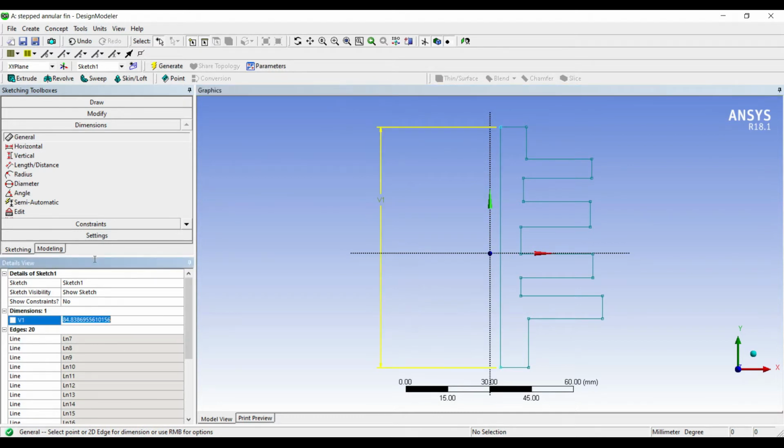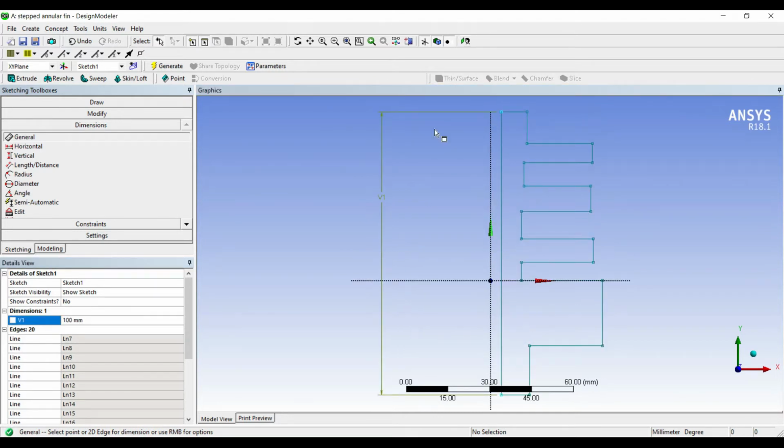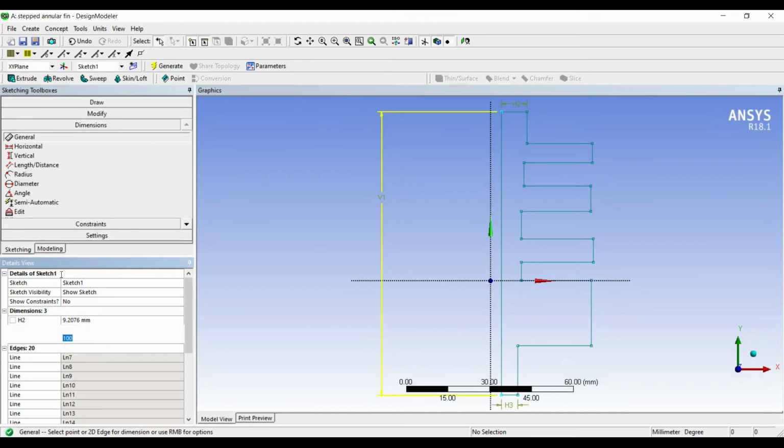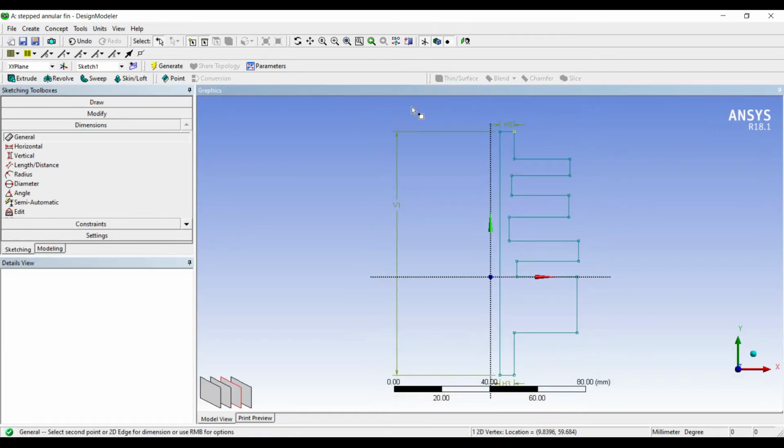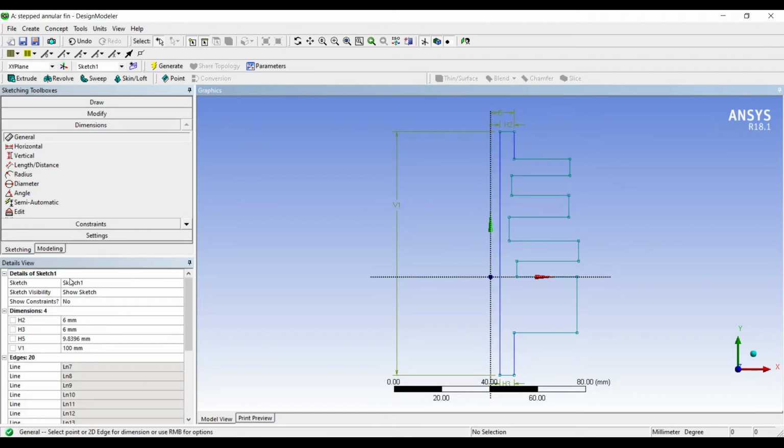Say V1 is 100. Next I'll give H2, H3. H2 is say 6 and H3 is also 6. I'll choose the distance between this point and this line. Say it is 10. Next I'll choose this height.